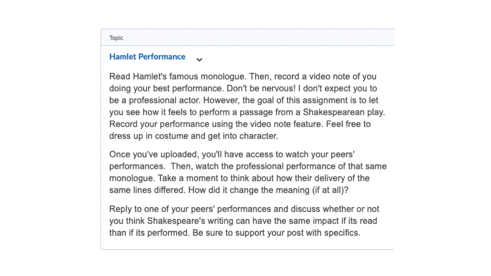Once again, looking at that Shakespeare example, we can use Video Note to capture performances without having them meet in real time. Create a discussion board and have students pick a passage to read from a selection you provide, like Hamlet's famous monologue. Then have students create a video note of their best performance. For the second part of that discussion, get students engaging with one another. Ask them to find a peer that shows the same prompt, or find a professional performance. They can discuss how their performances differed or were the same, and how that performance and delivery altered the message